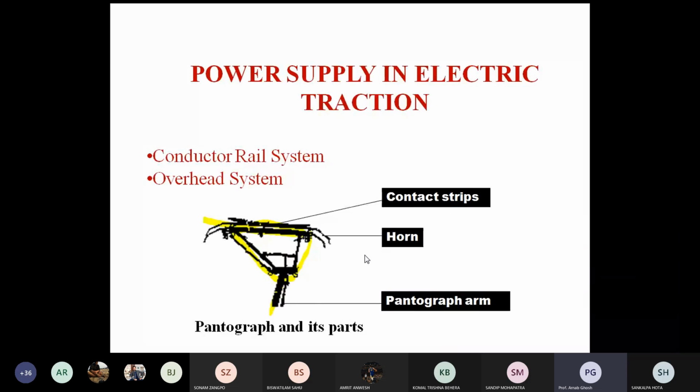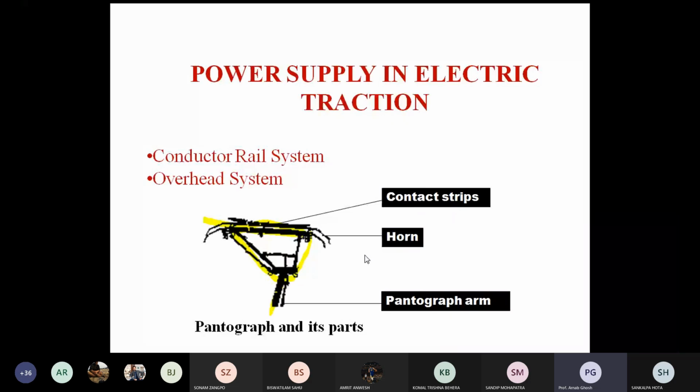From the strips, the conductors connect from the contact strip through the horn, then through the pantograph arms. Then, if you look at the rooftop of the locomotive, there is only one isolator, and in between there is another cable. After the isolator, and before the isolator,